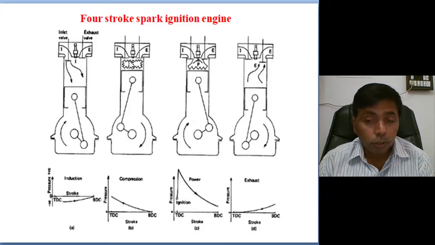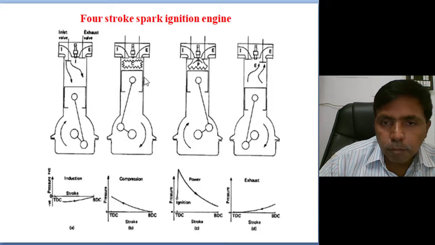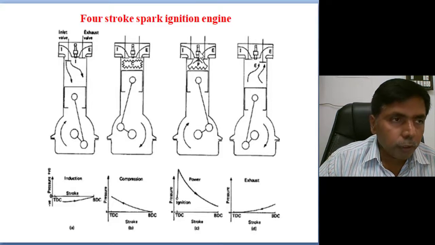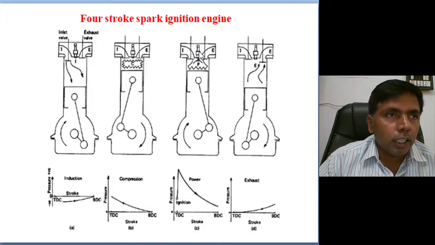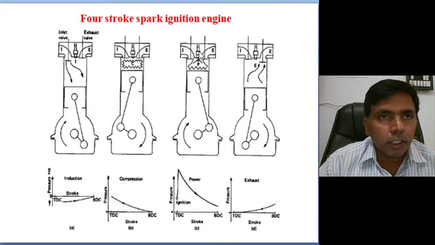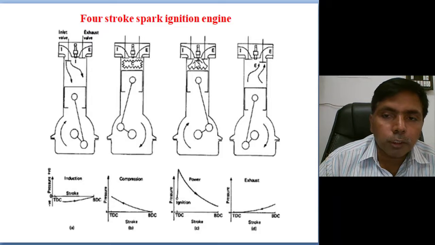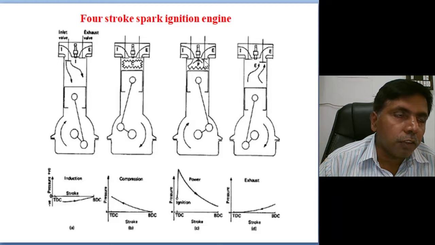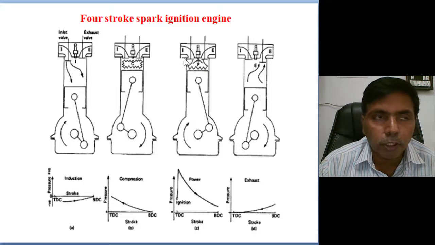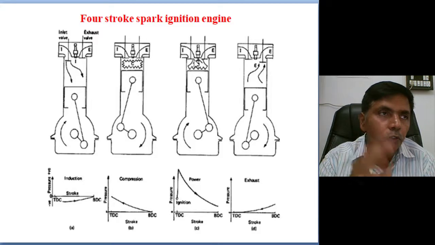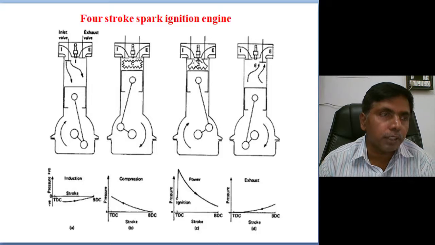Coming to the third stroke. In the third stroke, once the piston has moved to TDC condition, the spark plug will give a spark. How do they give it? High voltage electrical energy jumps between the electrode and ground. In between the gap it will jump. At the time of the jump it will create the spark. Because of the spark, a flame front origin will be created, then the flame front will spread, and entire combustion of the air fuel mixture will take place. So when the piston is at TDC condition, combustion will initiate and complete.